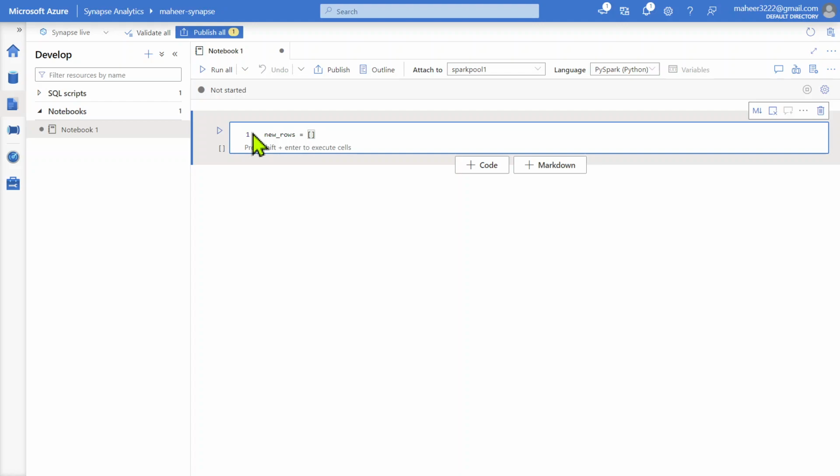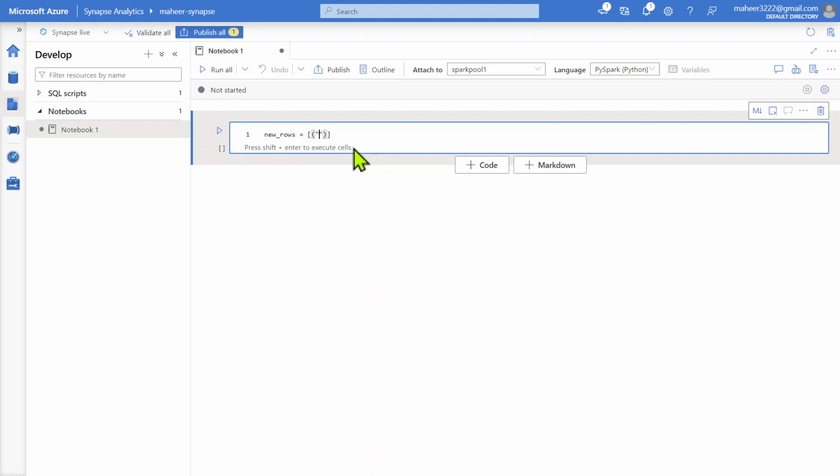So anything you use inside these square brackets like this is nothing but a list in Python. Now inside the list I am going to use a tuple. Tuples and lists are all collection data types. When you want to take multiple values into a single variable, you should use tuples and lists. I am not going into details of these, you can Google that, but for now assume that this is like rows.